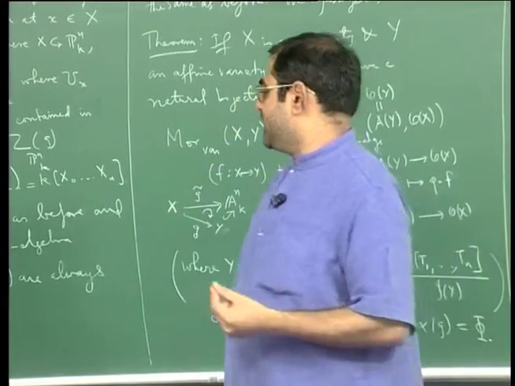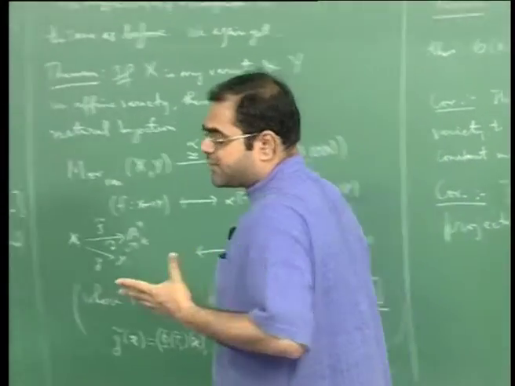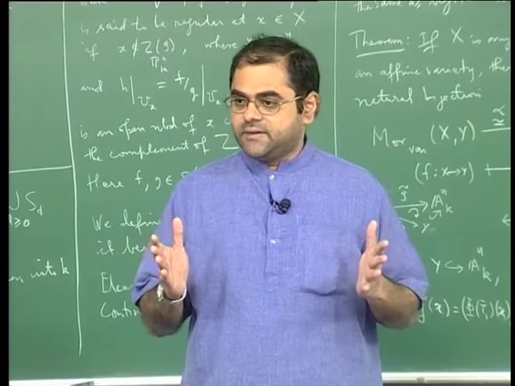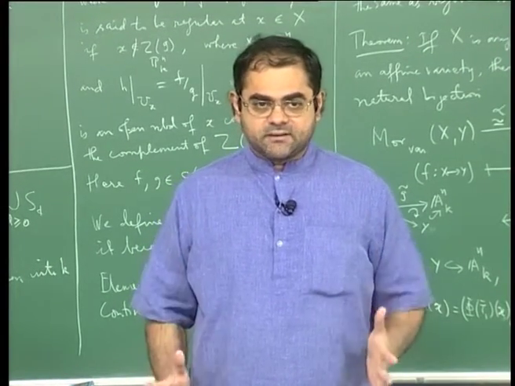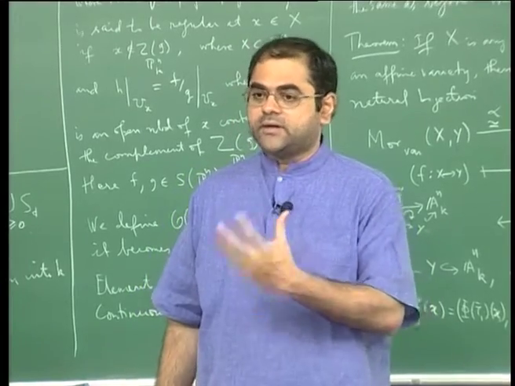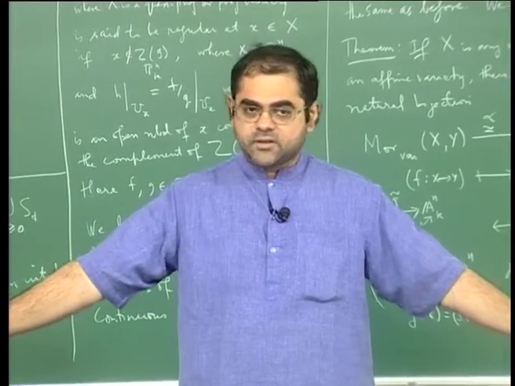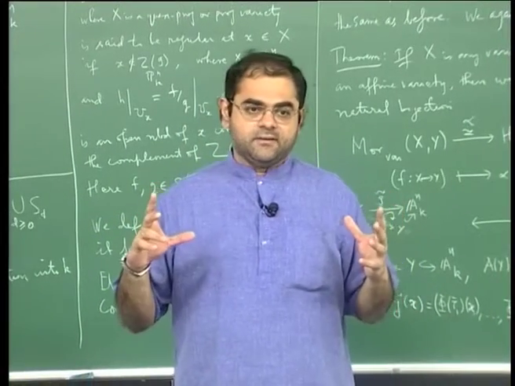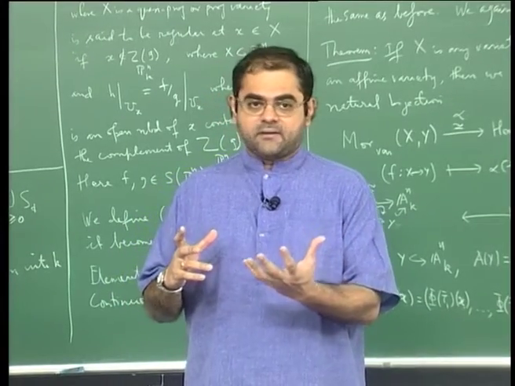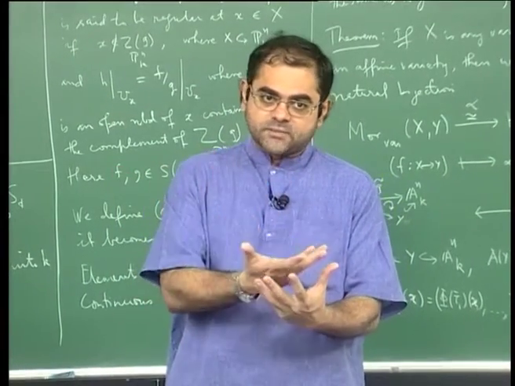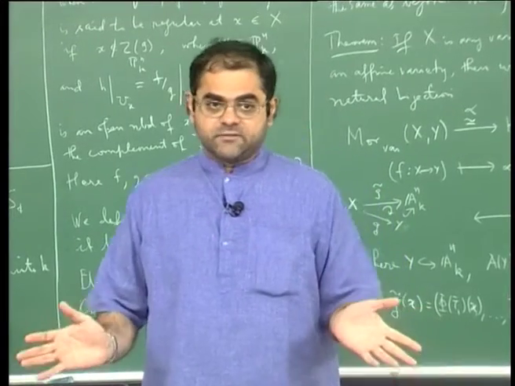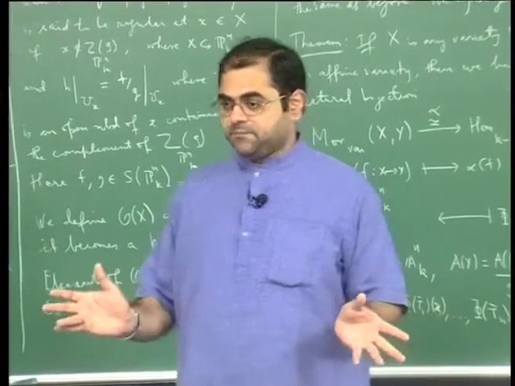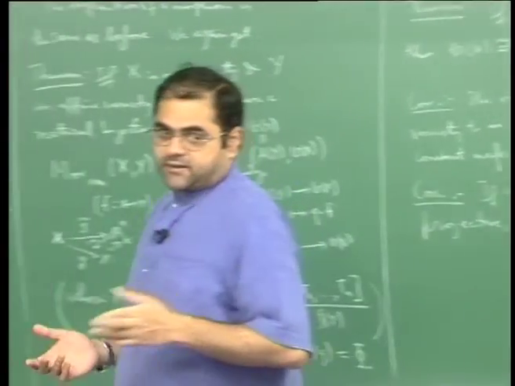So I'm just trying to say that the philosophy of Felix Klein, that the geometry is controlled by the functions, still applies also in the case of a projective variety. Only thing is that it's not enough to just consider global functions because they are only constants. You have to consider functions on open sets. And the device which keeps track, attaches to every open set the regular functions on that open set, is what is called the sheaf of regular functions. So one needs to keep track of this using sheaf theory, which most probably you would see in a second course in algebraic geometry.